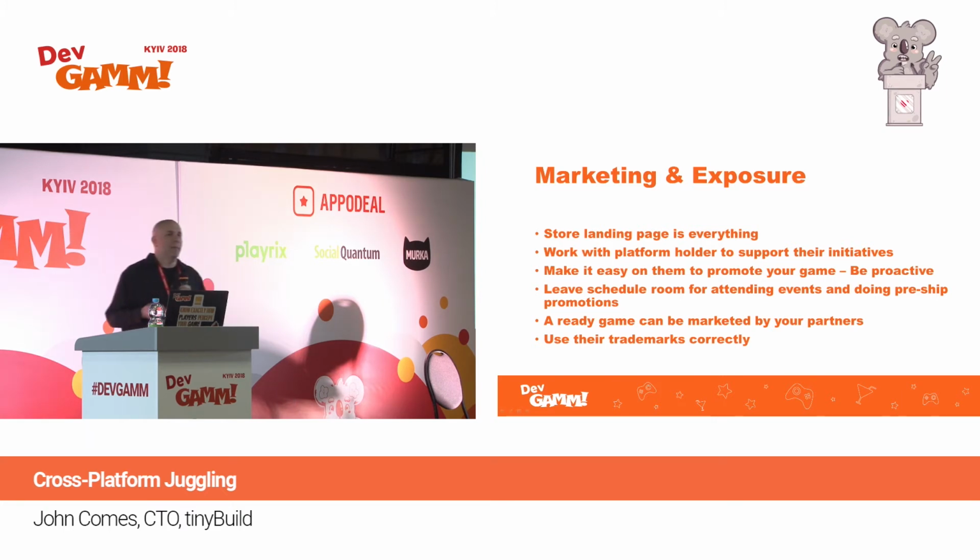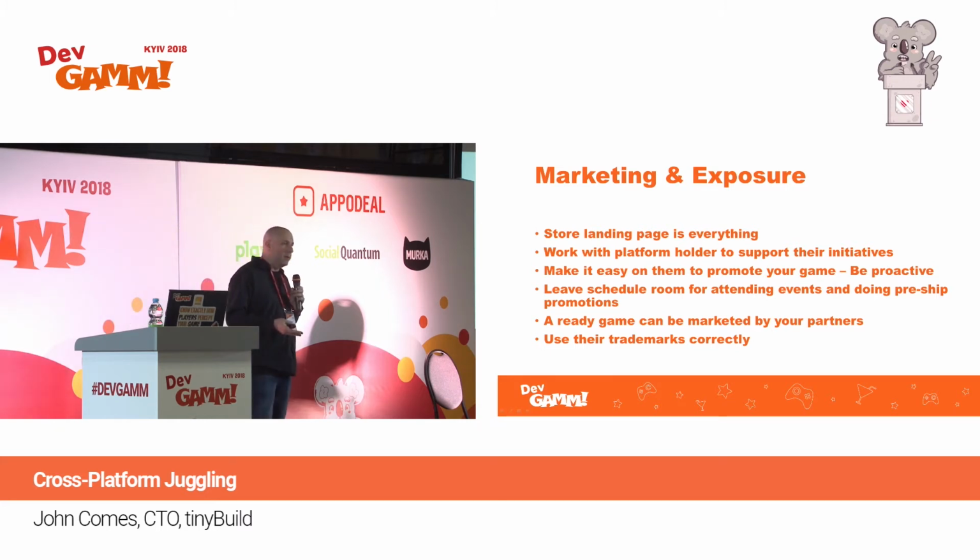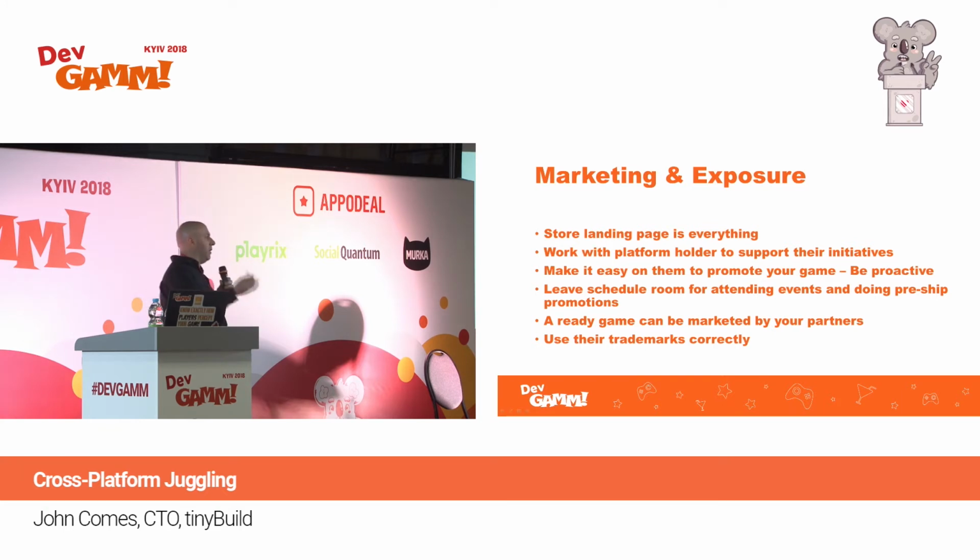Make it easy for them to promote your game. Be proactive about it. Tell them about things that you're going to be doing, things that are coming up, things that they might want to know about. Have meetings and lay out your strategy with them so that they know, because you never know. You might be talking to them and say, well, we have this crazy game that we're thinking about doing. They're like, oh, you're going to ship it then? Well, we have this big thing coming up right then. We'd like it to be part of it. So make it easy to work with them and make it easy for them to promote the game.